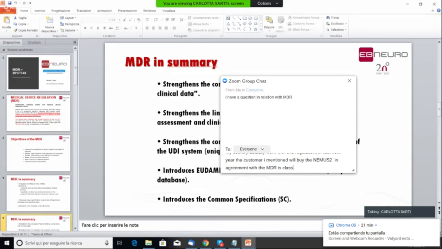We saw that other companies created devices like our device and could get the certification to use the device on the patient with the compliance with the clinical data.